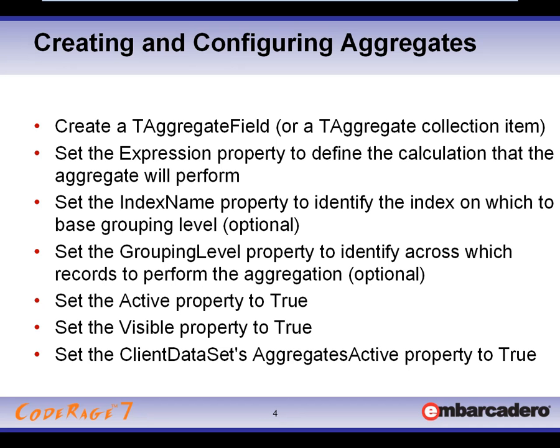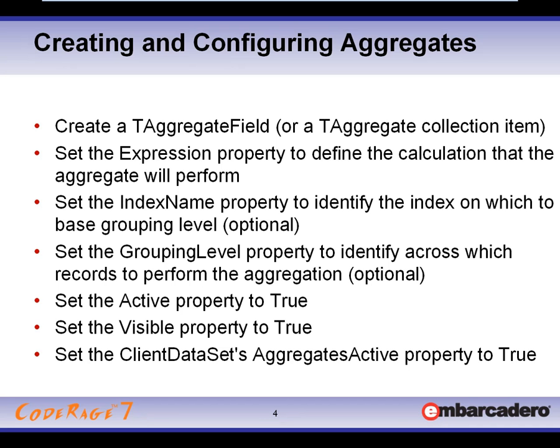Similarly, there are operations you'll want to perform on the client dataset during which you do not want aggregate calculations to be performed. For instance, if you have a client dataset and you've defined one or more aggregates and you're simply filling that client dataset with data programmatically, let's say you're reading from a file and you're inserting record by record data into the client dataset, you do not want that aggregate or any of the aggregates to be active. So in that case, what you would do is you would set the client dataset's aggregates active property to false,